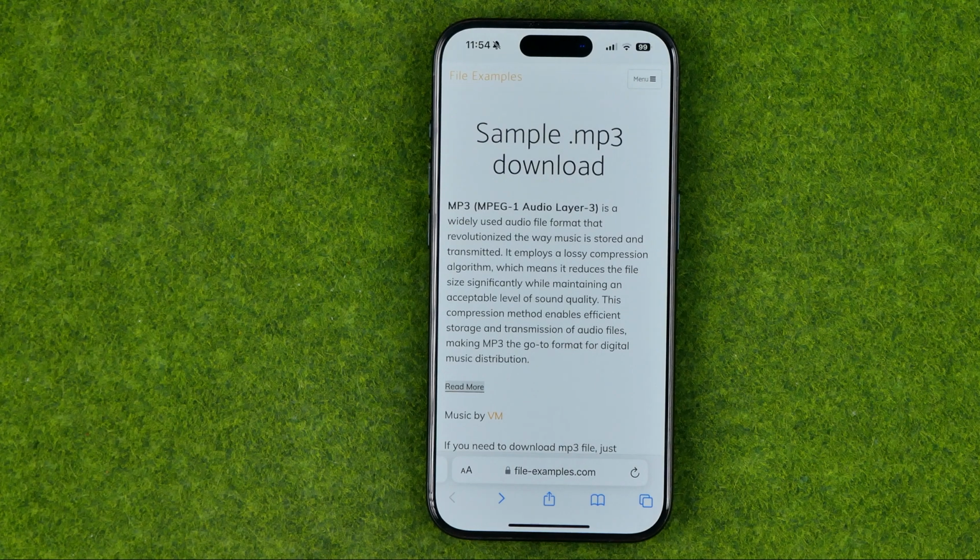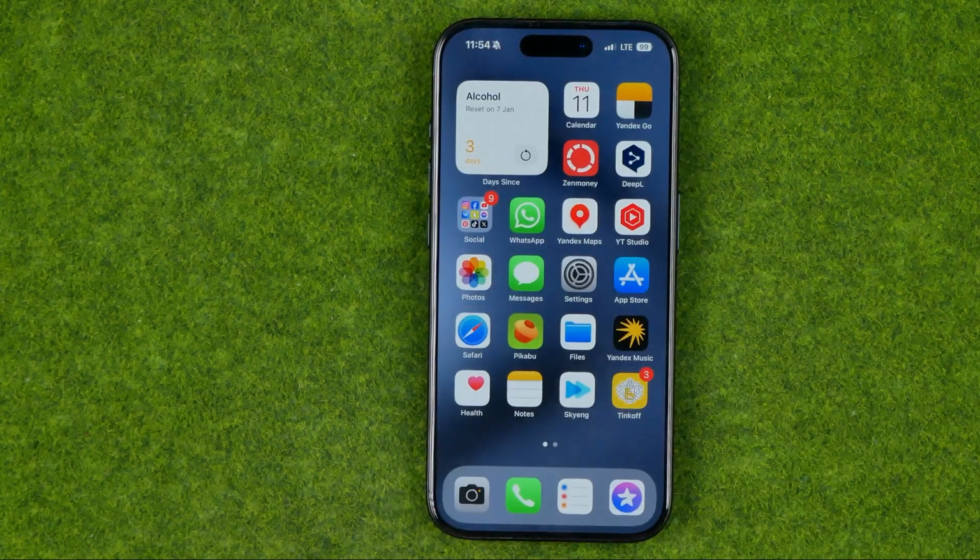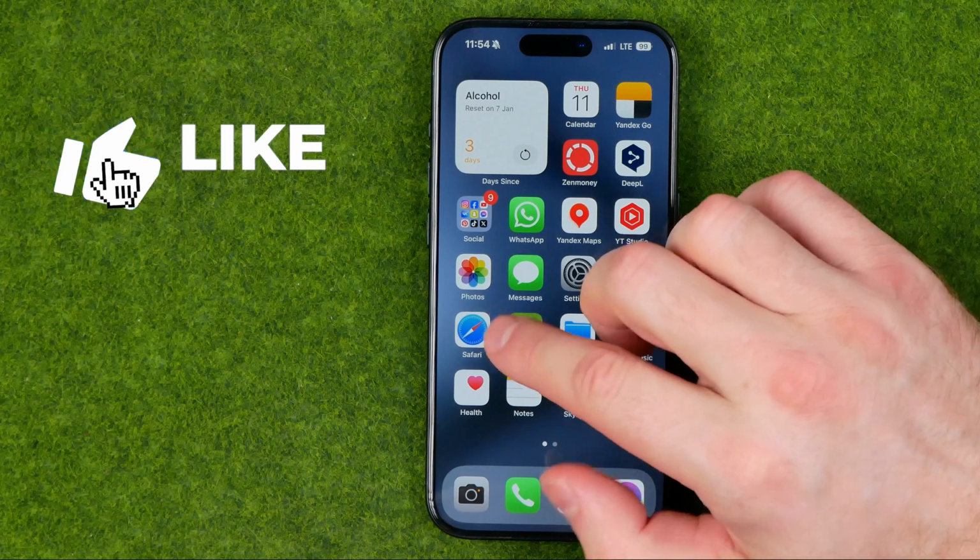In this video, I'm going to show you how you can easily download music from some website to your iPhone. Be sure to watch the video to the very end so you don't make any mistakes. Let's get started, guys. I'm gonna show you all the process from the beginning, and first off we need to